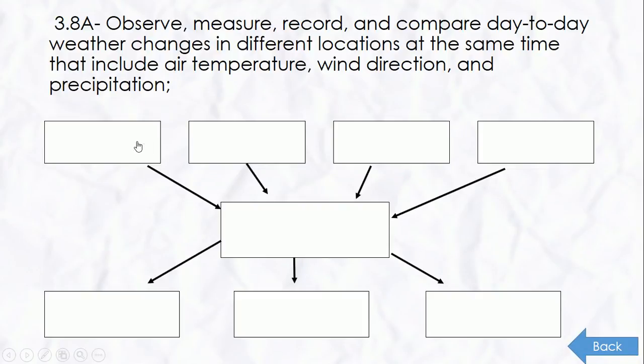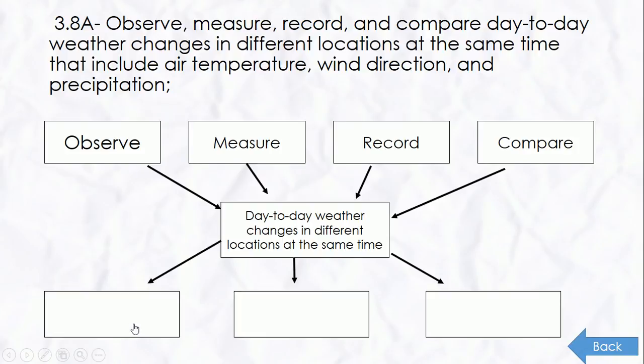This is the 3rd grade diagramming practice page. The learners were instructed to think through the process first, then click on the boxes to reveal the answers to see if they were correct. In this example, the verbs of the standard are to observe, measure, record, and compare. The students will be doing all of those things in relation to the weather by using air temperature, wind direction,